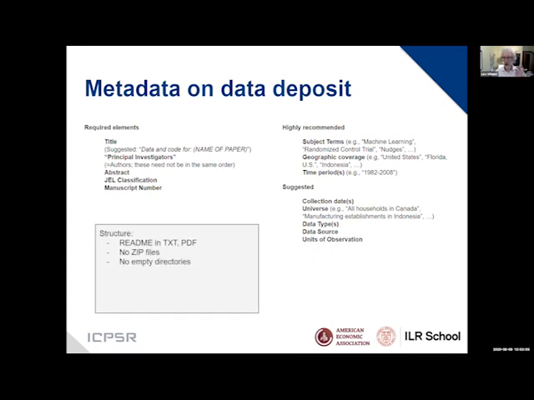When I said structure, I mentioned the README, but I also mentioned zip files. We actually want transparency in seeing what the materials are, and up to some technological limits. If you have 15,000 data files in your replication package, we may want to zip a few of those up because that's a bit too much. But we don't want random empty directories, random zip files sitting around that just say, here's my replication stuff, figure it out. So we want those exploded out so you can peruse the system and look at it and say, oh yeah, I recognize that file or that code, I want to have a look at it, and just download that one piece. For reproducibility, for reusability, that's key. Jared?